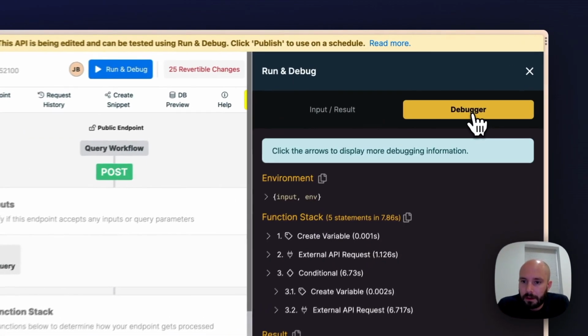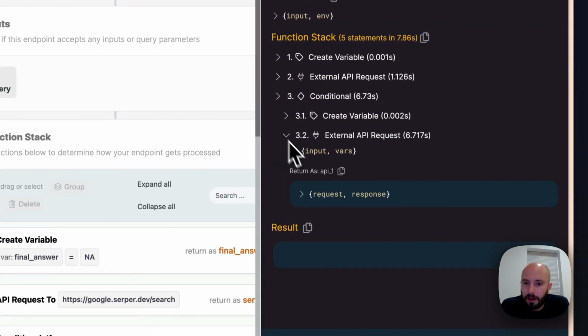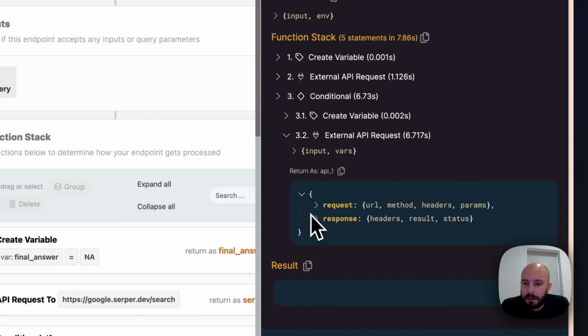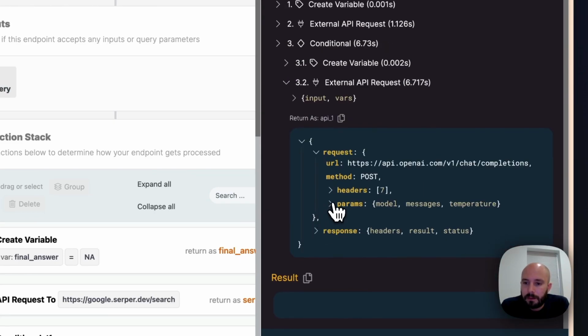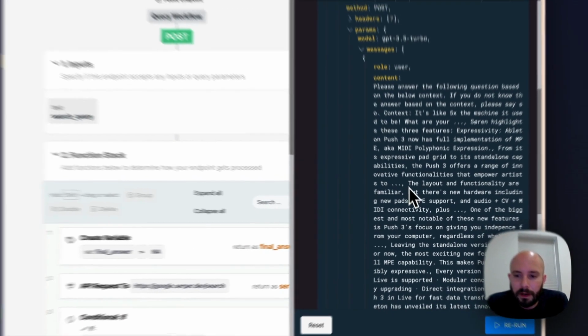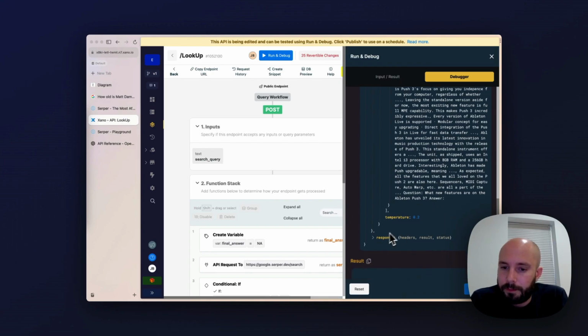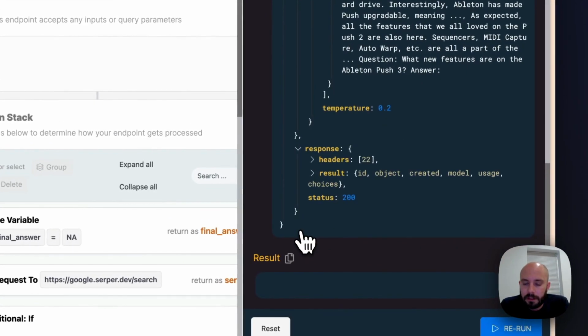But if I go into debugger and I go into this now second conditional external API request, I'm going to see that it sent over a parameter one message, please answer the following, and then it provided all the different things from the context, and then asked the question, what new features are in the Ableton Push 3, answer, and then space. And the response we will see is response.result